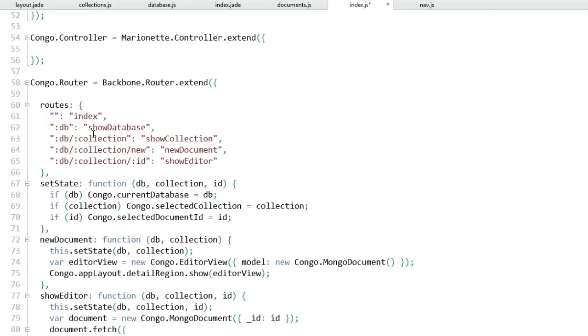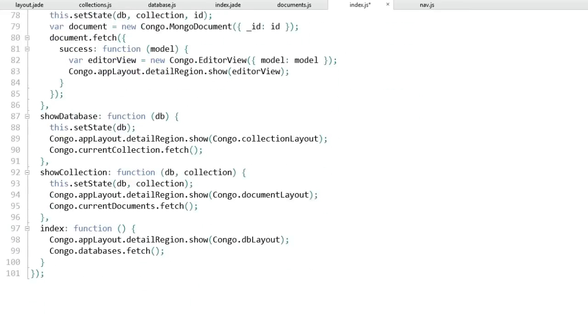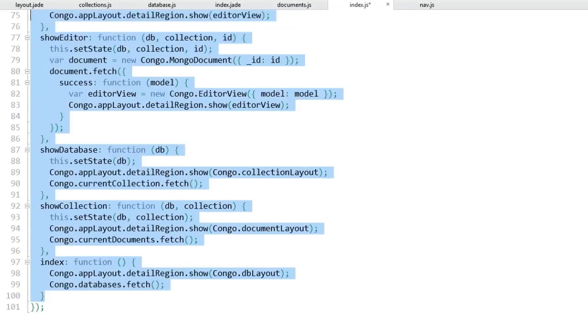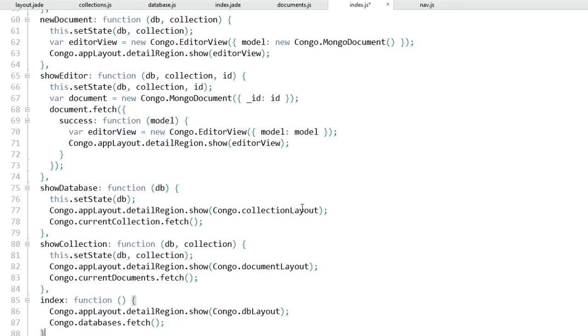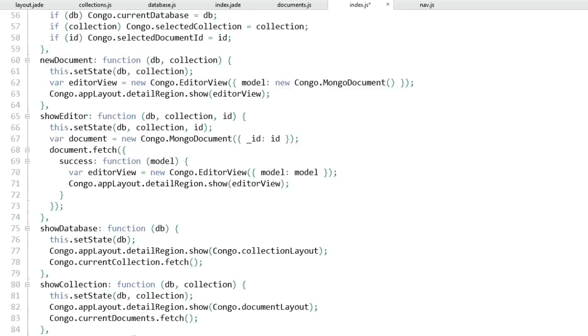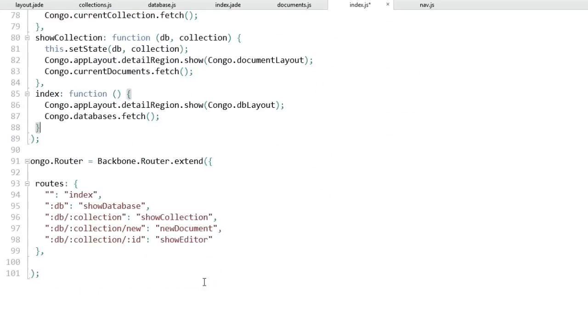Sure, why not? Let's move all of your functions from that router into that controller. Just move them. All of them. Go ahead. All of them, huh? Yep. Okay. All right. Except for the routes. Except for the routes. So, okay, I know what you're thinking here. Uh-huh. Then go down and change your router definition to